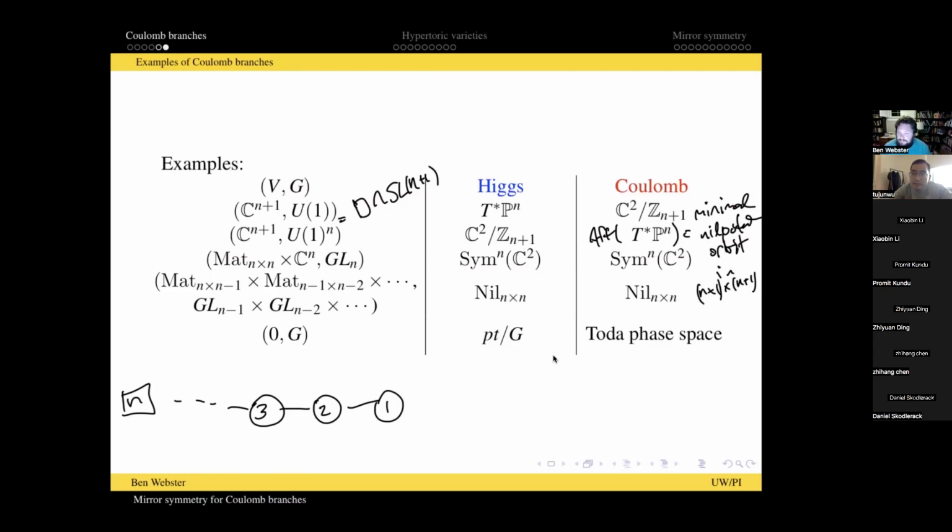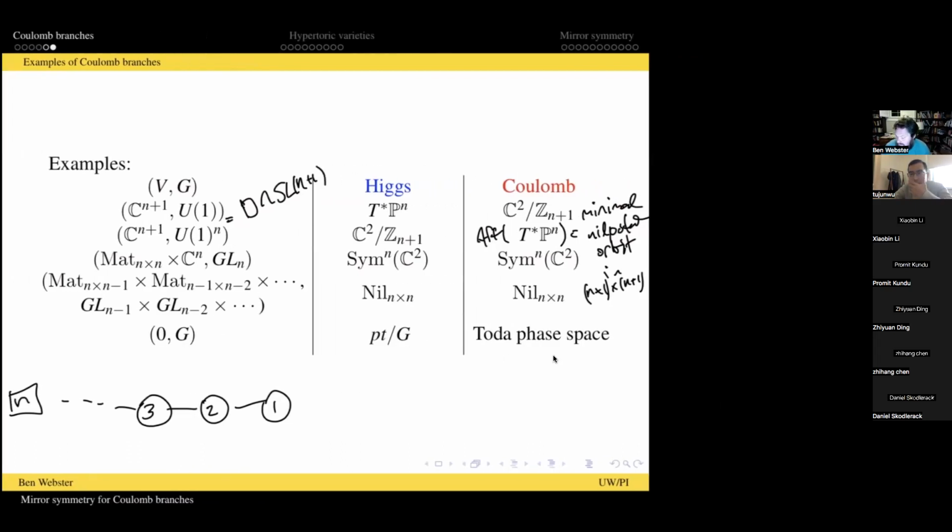That's basically physicists kind of. Exactly, right. I just wanted to explain where the word branch came from. But yes, there should actually be some interesting variety that contains both of these guys. But there's no mathematical construction of it out there. Okay. It would be an interesting thing to think about.